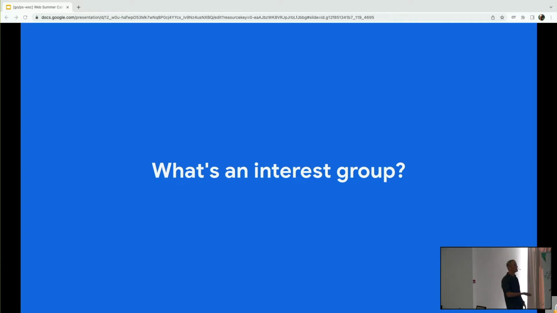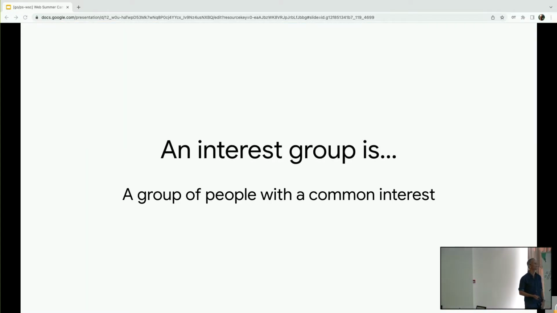So just briefly, what is one of these interest groups that I keep talking about? Think of it as a group of people that might correspond to something like a remarketing list. Can the publisher and advertiser control the algorithm that decides what ads are shown? For example, a price feed. Yeah, exactly. The publisher, or the ad tech platform they're using, has control over what the parameters are for that ad auction. And there's a lot of detail in that. I just brushed over the config for that.